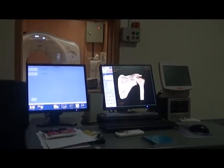We have all the equipment, mostly GE, and they rank amongst the best you can get anywhere in the world. The 64-slice CT is better than the 16-slice because it has a higher resolution. Then the thickness is small. That's the main reason anyway why it has a higher resolution, so that the smallest pathology is picked in the